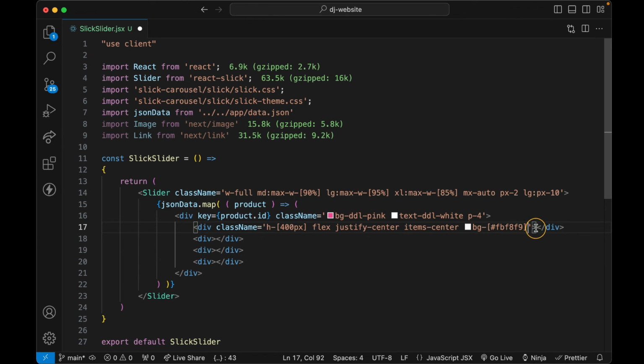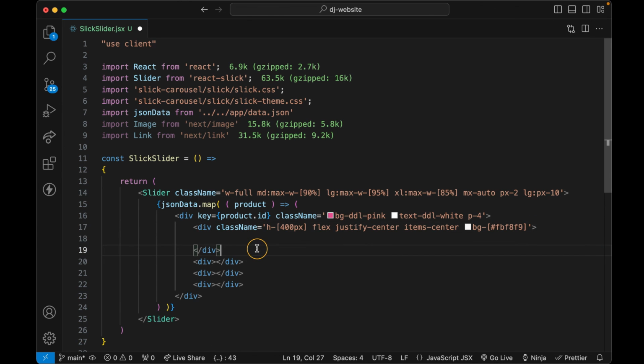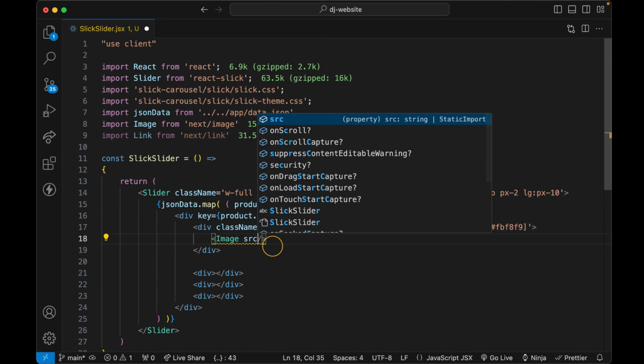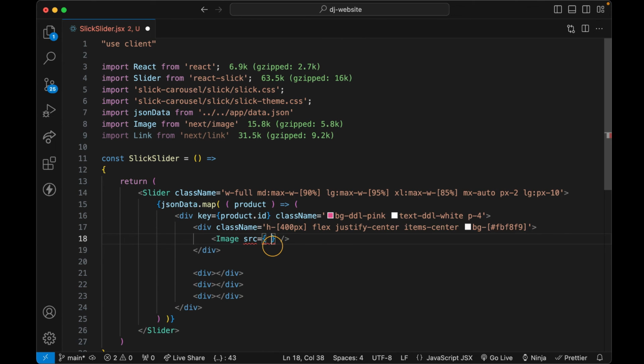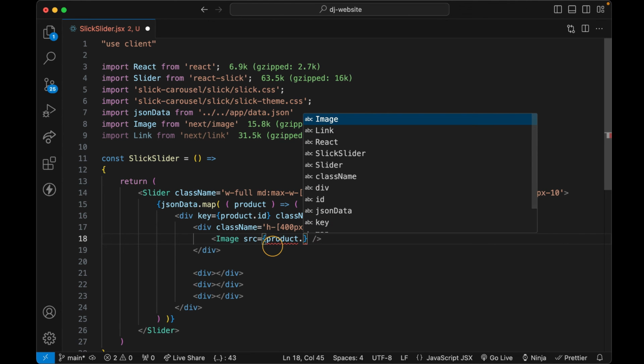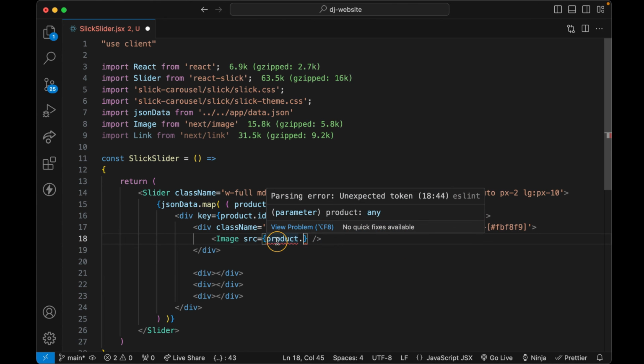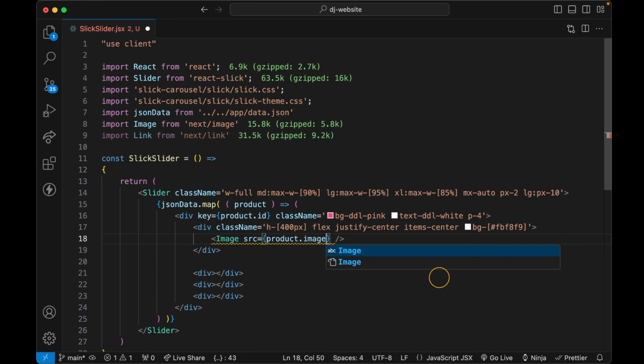Okay, and inside this div, this is where we will access our image. So I'm going to use the Image component. Notice that we are already importing the image and the link component from Next.js. As you know, image takes 4 mandatory properties: source, alt, width, and height. So the source, of course, we want to be dynamic. So what we want to do is access our product that we are mapping through using map. And what property do we want to access? It's the image. So product.image, not a capital I,